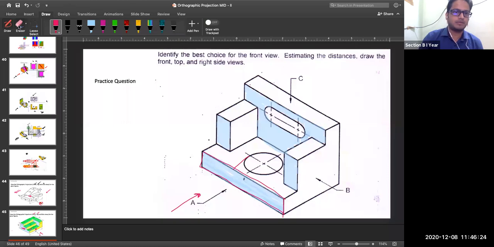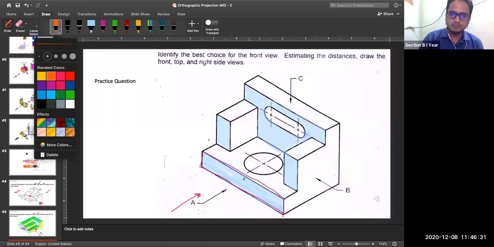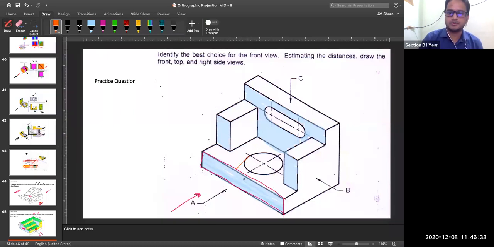For the projection, I will use some other color for better clarity. The projection of this is coming to this place and this is coming to this place. From here, you have to draw dashed lines or hidden lines. Yeah. So this is what you will see in your front view.